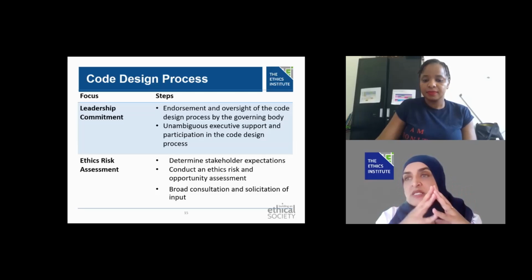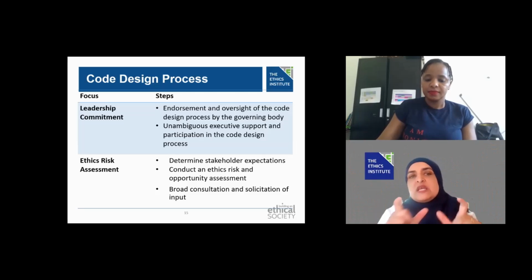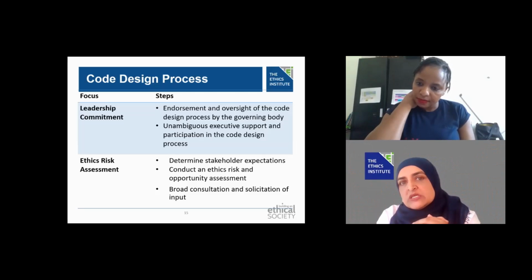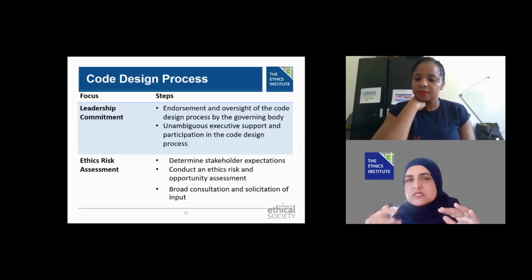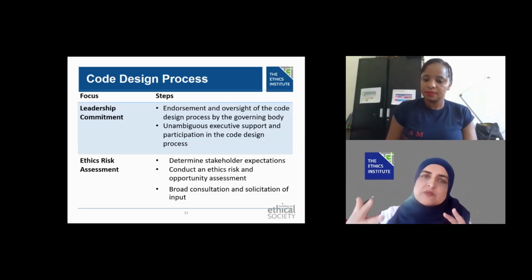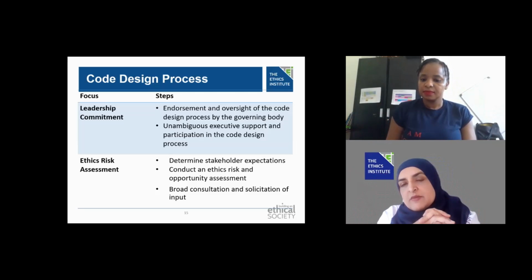So the design process, as I mentioned earlier, is about the how. And when you think about the design, almost put it as a layer over the ethics management framework that we shared with you earlier. So if you look at the Code of Ethics Handbook, which Barbara mentioned earlier, which you can access, it sets out the steps that you would follow, and it's set out in a diagram where you can say, okay, these are the steps, but I'm encouraging you to take it one step further and see those steps in terms of the elements of the ethics management framework.